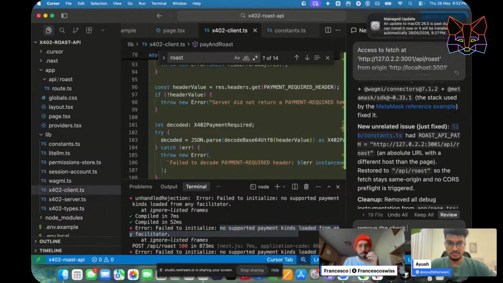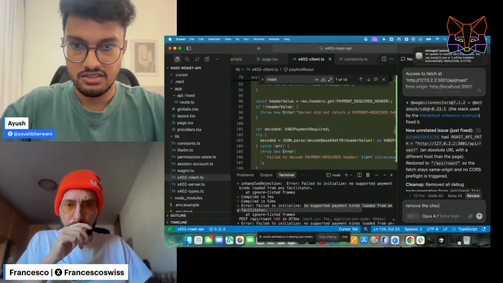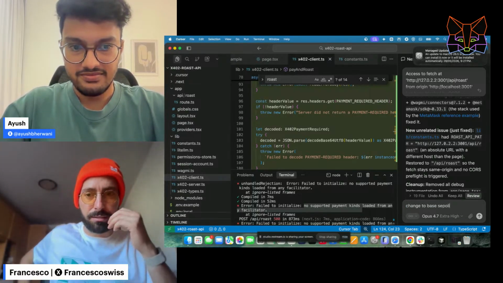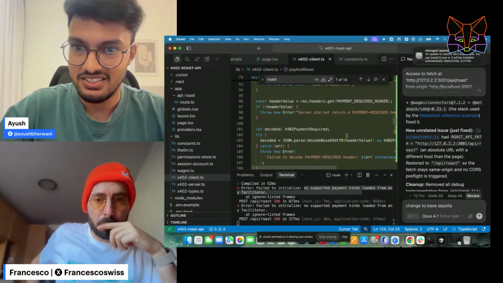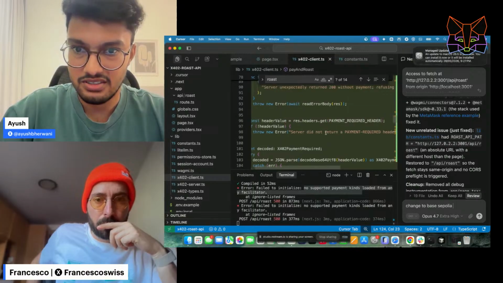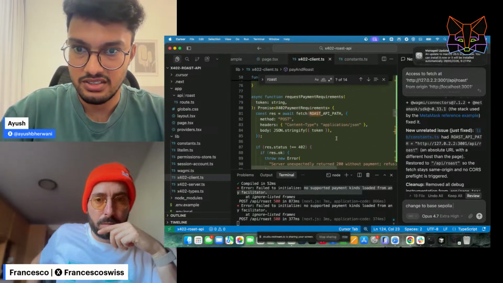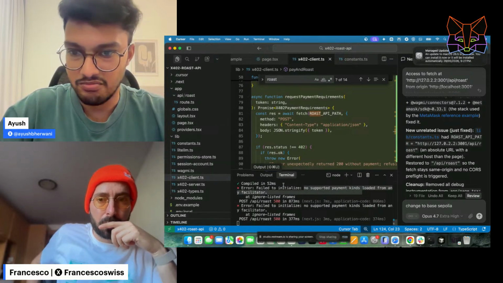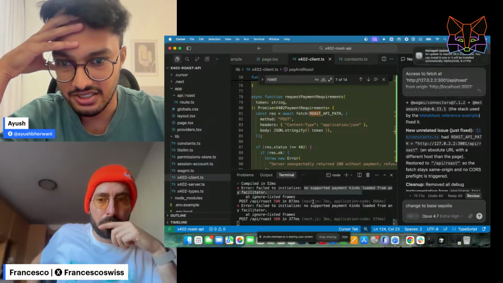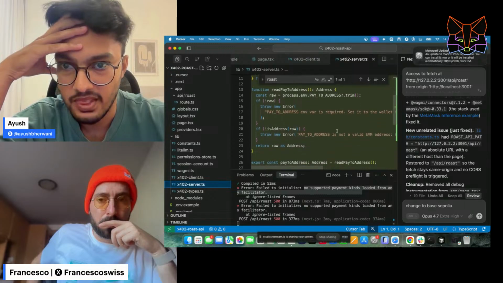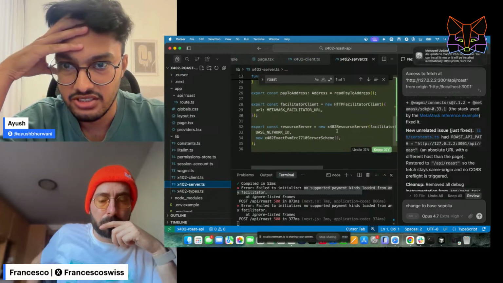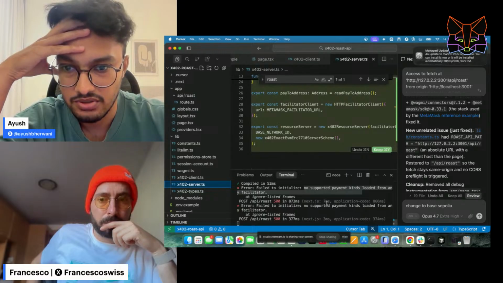Nice. Yeah, it's failing and it's giving you a quick wrong output. Okay, so that's actually cool. And this is not just a debugging session, it's like a learning session for everyone. Do base Sepolia then, or maybe not. Right now, what are we using? We are using base, but the base one is not returning the information back in the supported one, and that's what is causing the issue. So we might change it from base to base Sepolia.